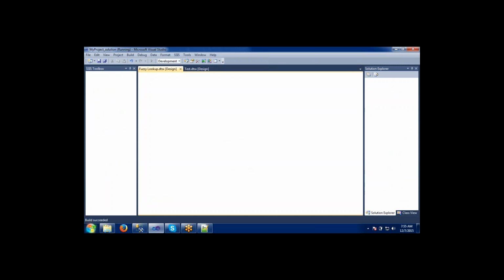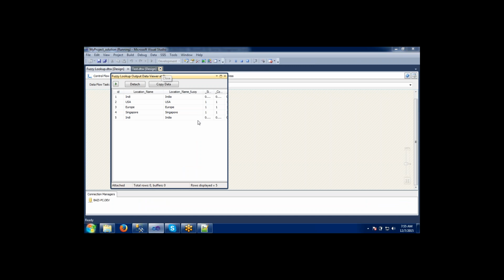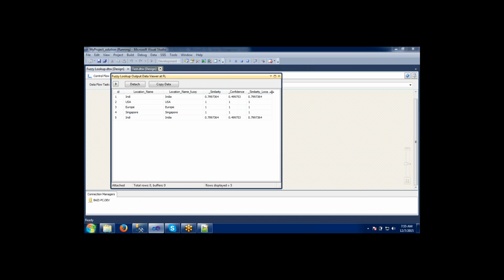It's executing. Let's see. So before it's sending, see, this is how data is coming. So you know this data viewer, right? I have explained it before also. Before sending the data, we can see how the data is coming from the source. If you see, this is our source, the locations. When we do the lookup here, if you see this one, INDIA is replaced with INDIA. It is saying that similarity is 80%